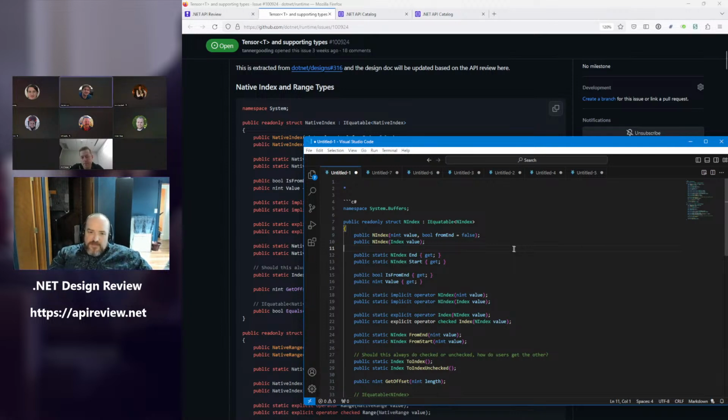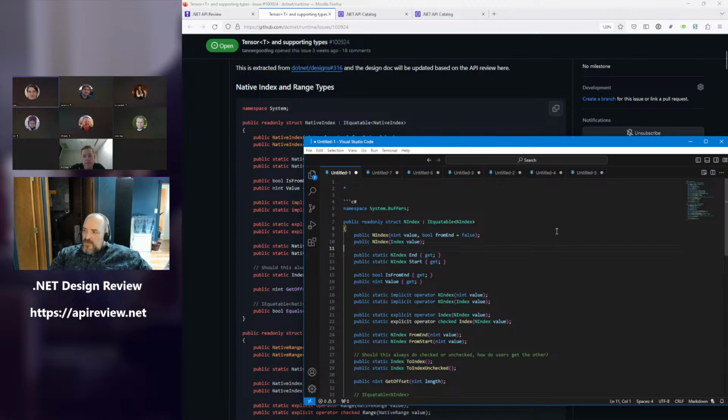Tanner, the tensor work, the plan for that is still to be in a separate NuGet package, right? The types are in a separate package, mainly because we wanted to polyfill on .NET 8. The plan was eventually for them to be in the box. Right, but if they're in a separate NuGet, then index would at a minimum also have to be there, and it could also be type forwarded down on net 9, but it would have to at a minimum be wherever tensor is, right?